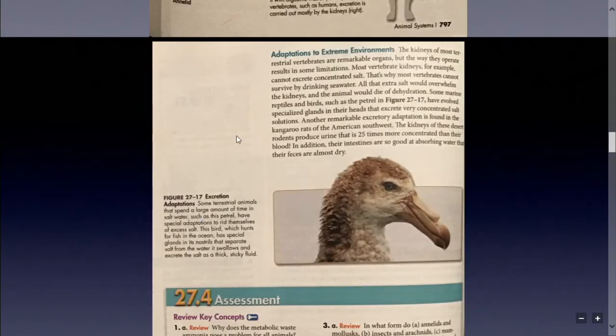All right, and then there's a couple adaptations to extreme environments, like this bird here actually has little pores on the side of its head that can release salty water so that extra salt can be released so that it doesn't overwhelm the kidneys, is what the book says here. Otherwise, the animal would die of dehydration. So that would be the kidneys of a terrestrial vertebrate in an extreme environment. All right, and so basically,